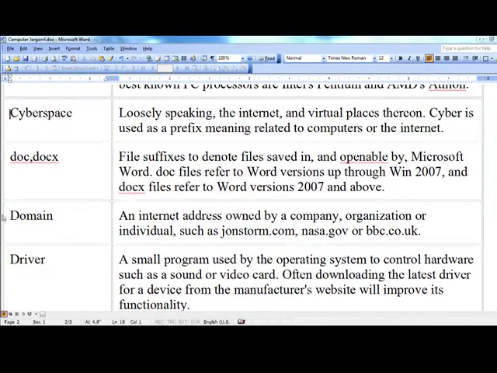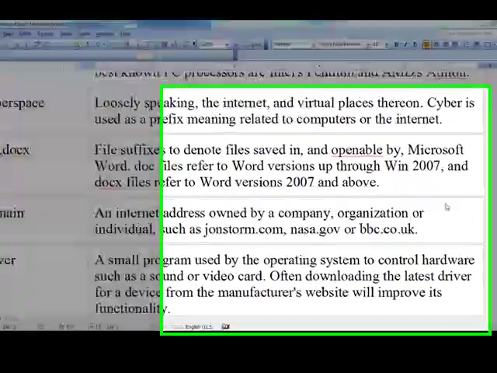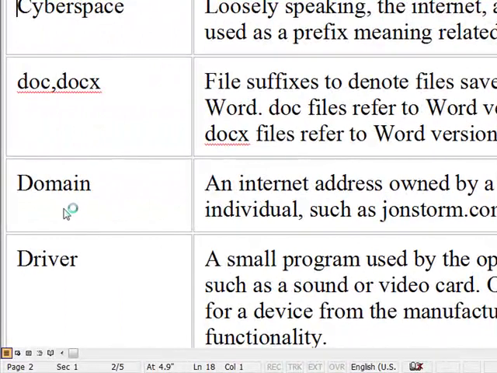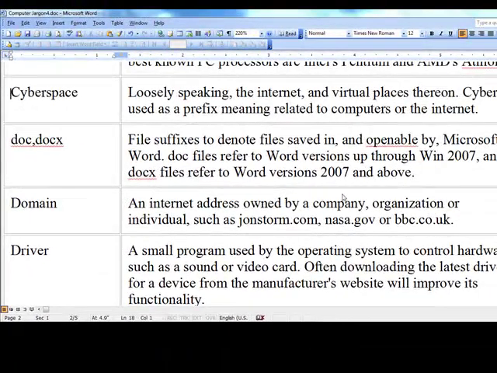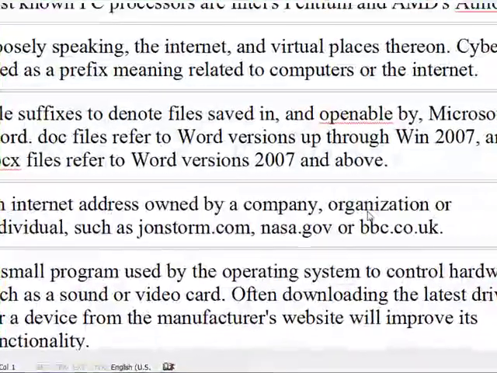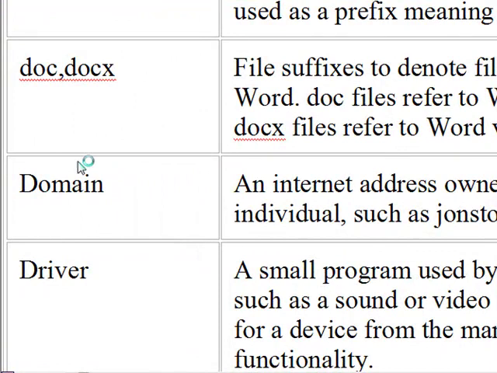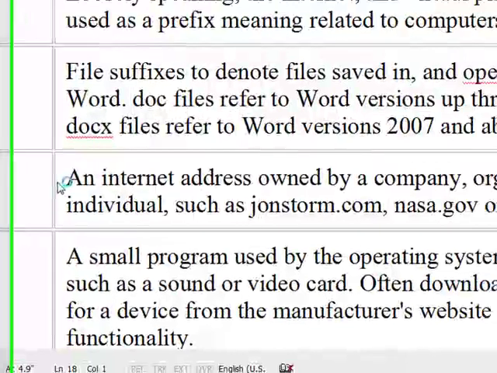A domain is an internet address. They are unique. They are owned by a company, an organization, or an individual. And once you buy one, which costs you a small amount of money, maybe $10 a year, once you buy that, as long as you keep paying, it's yours.